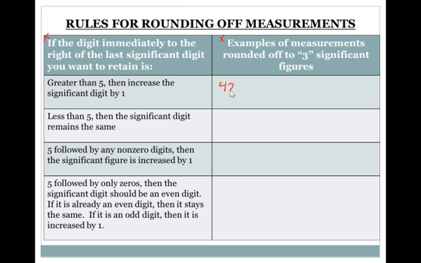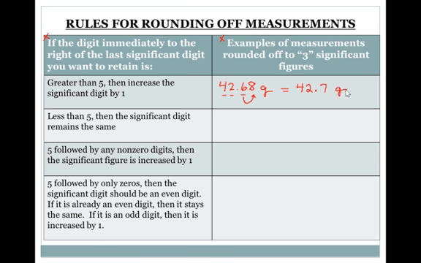So if I take 42.68 grams and I want to round this to 3 sig figs, I'm going to count 1, 2, 3 sig figs. I'm going to look behind or to the right of that last digit. It's 8. 8 is greater than 5, so I'm going to increase the 6 by 1 and get